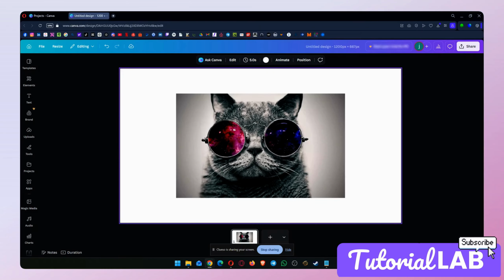Hi everyone. In today's tutorial, we will show you how to make photos black and white in Canva. This is a simple effect that gives your images a classic, clean, and professional look. Let's get started. On your Canva dashboard, to make an image black and white, all we have to do is